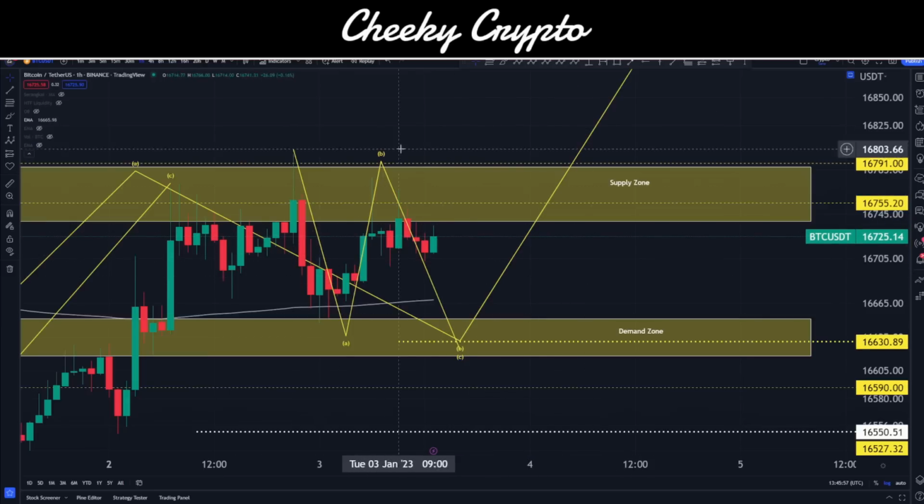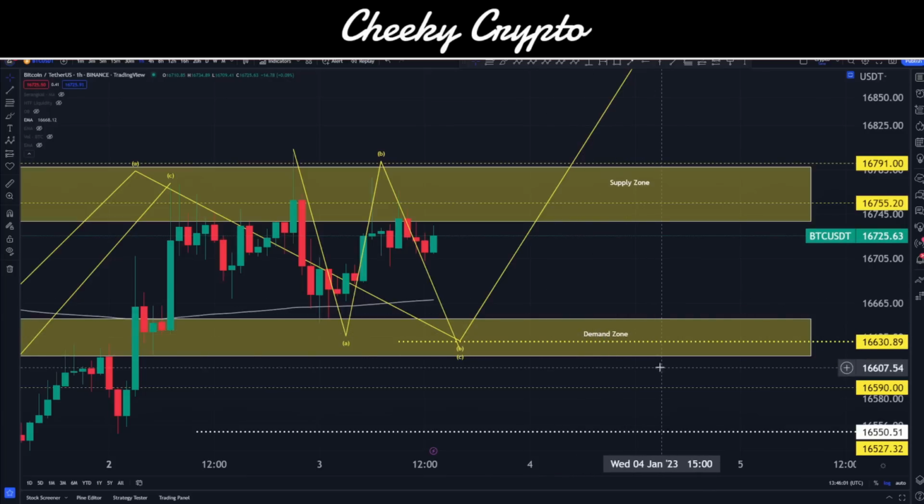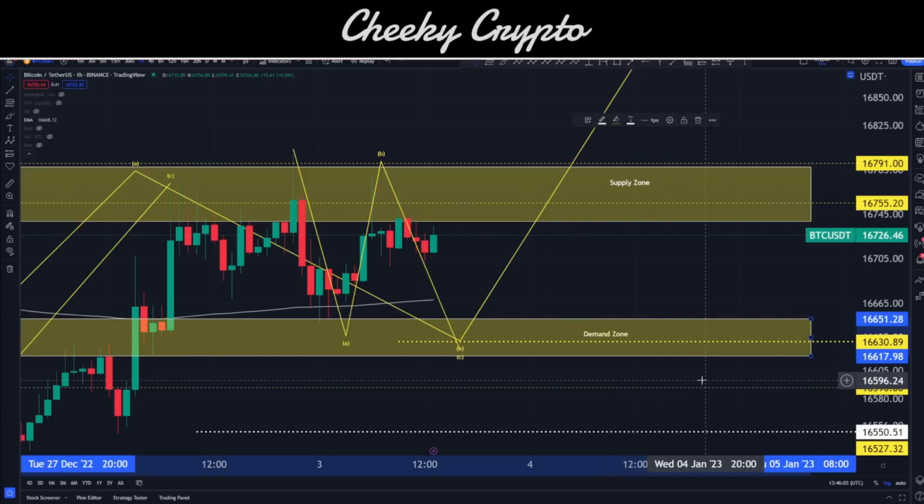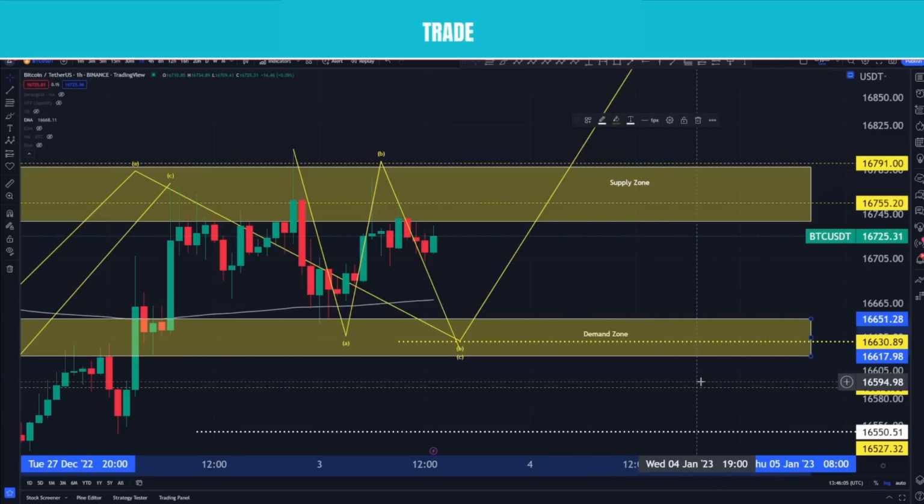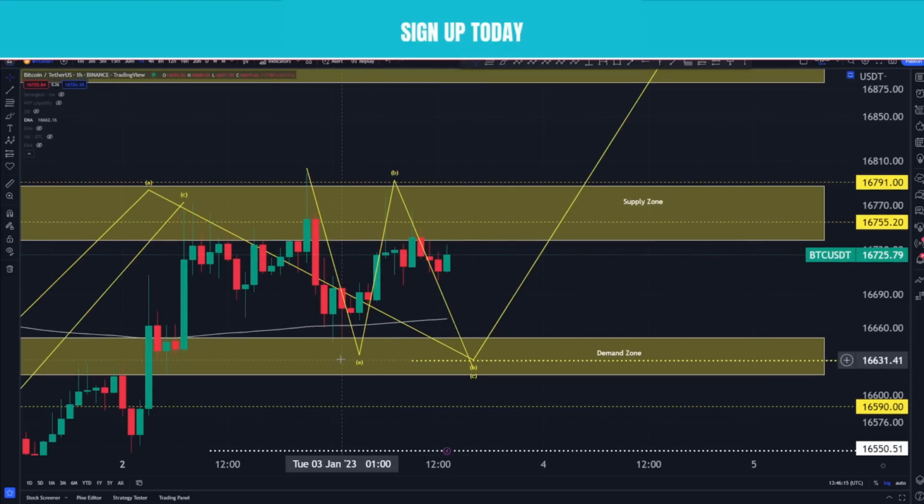So for the most part, I look at this as a sideways trade with the requirement to come and revisit our demand area down here. Now, I think we're going to have to come down into this range anywhere between 16,617 and 16,651. Okay, and with that being said, it's not a guarantee that we do this